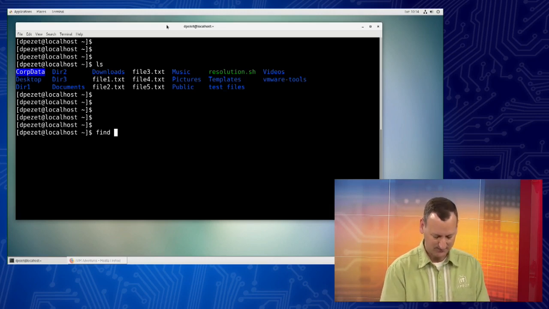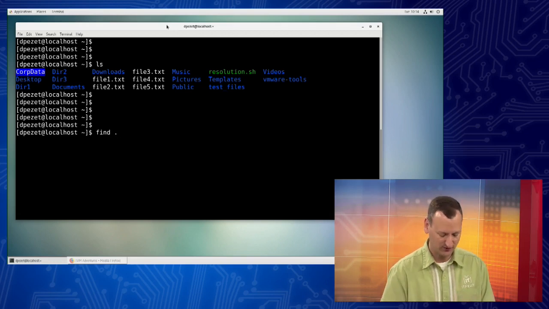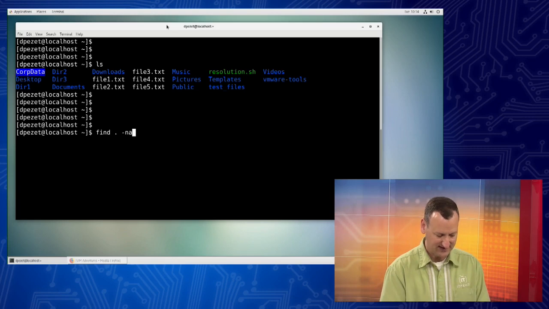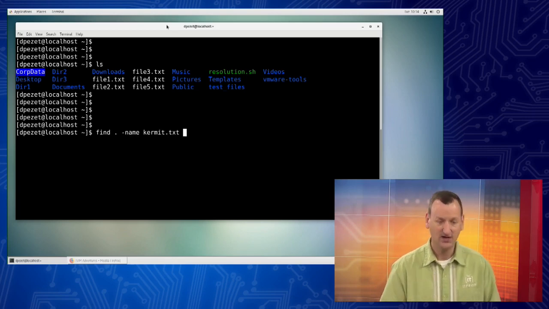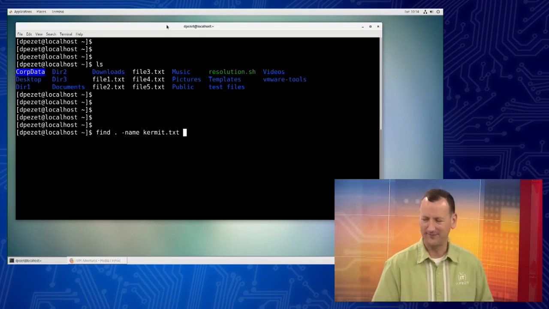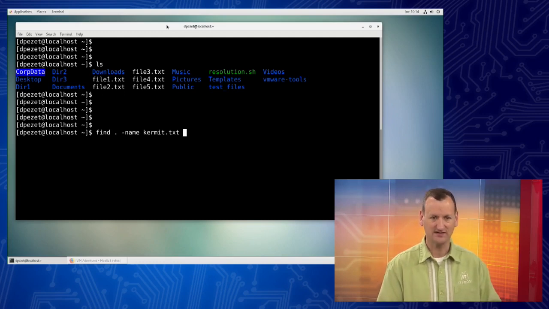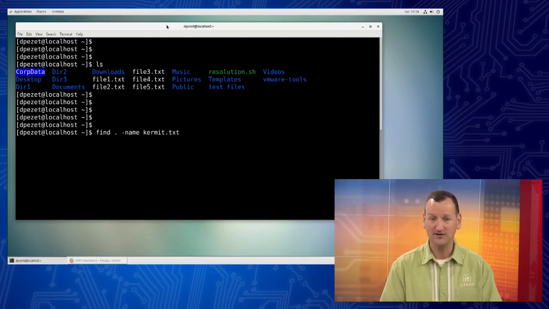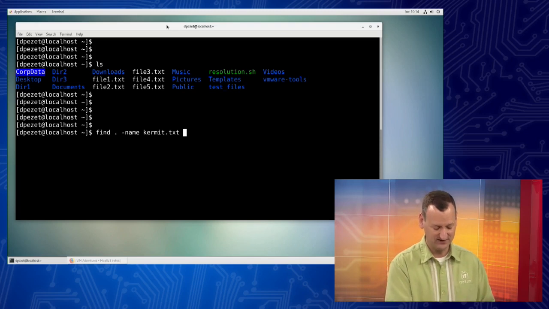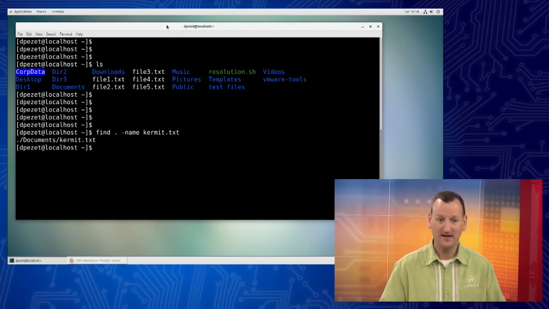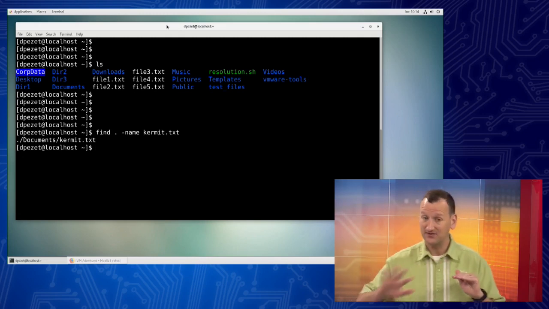So I'm going to do a find. And I'll say dot because I want to search in this directory, my home directory. And then I'm going to say -name Kermit.txt. So I'm looking for files, and I can't remember if I capitalized the K or not. I don't think I did. It is case sensitive, so we've got to get that right. So I'm going to search with lowercase. So I'm telling it to search in my directory for files that are named. I did -name kermit.txt. And if I run that, it's going to search through my directory and the subdirectories, all